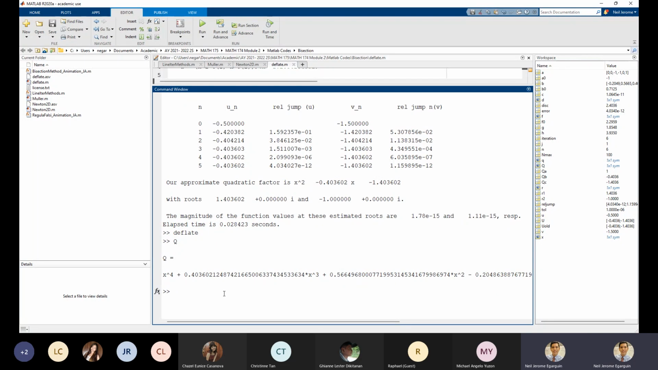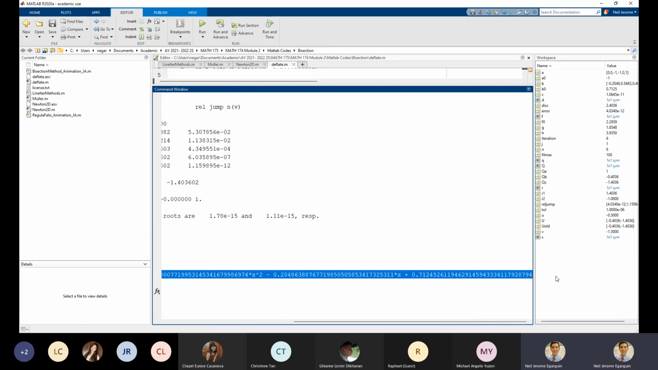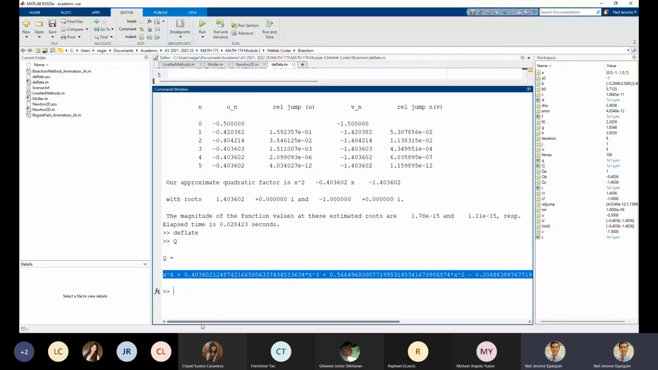Okay. So ito yung deflated polynomial. Remember, we started with the polynomial of degree 6. Dinivide ko siya by the quadratic factor we got from Bairstow's. So naging quartic na lang yung polynomial. Okay? So naging x to the 4th na lang siya. So hindi nyo kailangan na gawin ito mano-mano. So pwede nyo ipagawa kay Matlab using the command